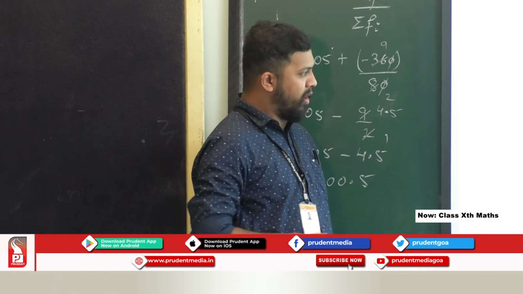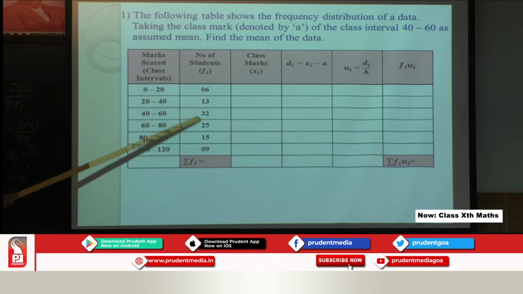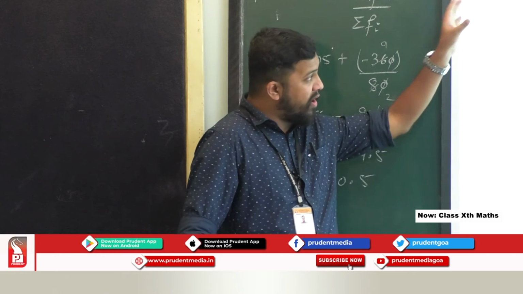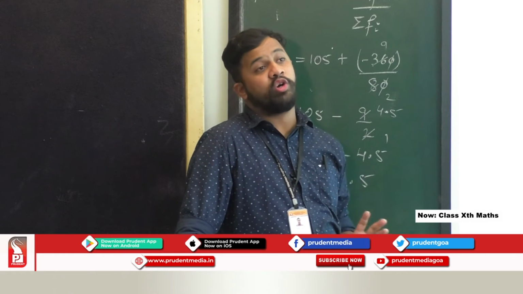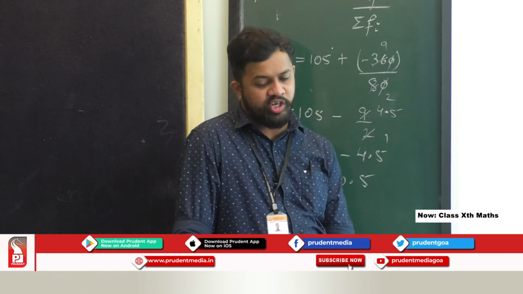First of all, you have to copy this entire table on paper, and you see your class intervals are given, Fi is given. Now I told you at the start, you have to be clear about some points. What is that one point? First, this method is used when the Di have common factors. When we get the values of Di, those numbers will go in the table, that means they will have a common factor. Second, the class size of all the class intervals here should be the same. That is when we use this method called the step deviation method.